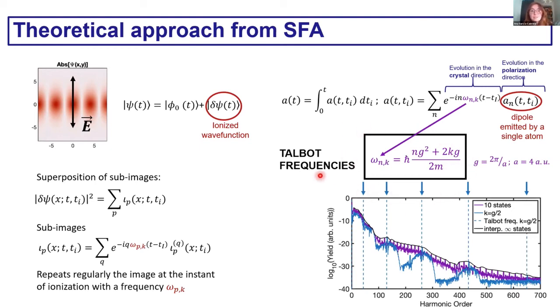The different spatial frequencies contained in the electronic wave function give rise to different Talbot frequencies during propagation in free space. The signature of this process in the spectrum is the repetition of the atomic-like HHG spectrum at these Talbot frequencies. So the coherent process of Talbot revivals during the excursion of the ionized electrons in the HHG gives us information about the wave function structure through the harmonic spectrum.